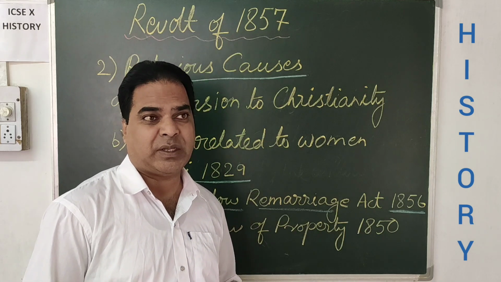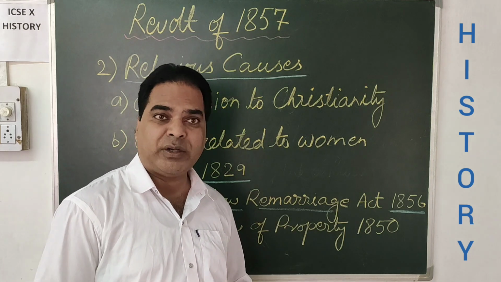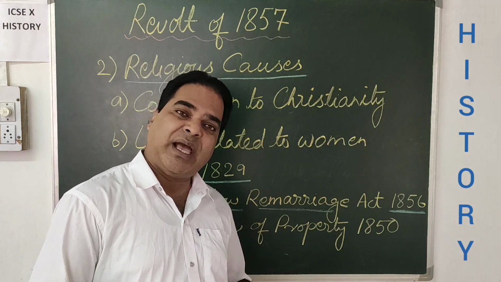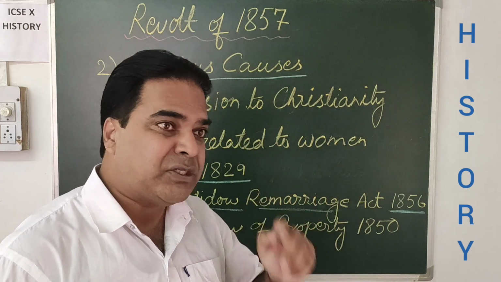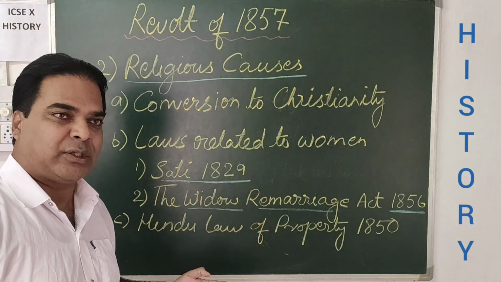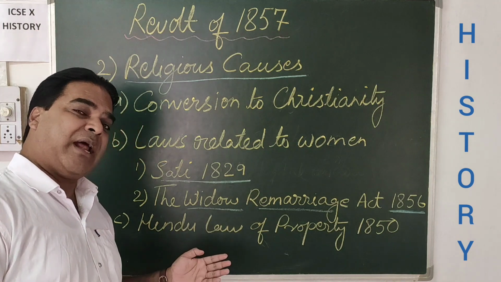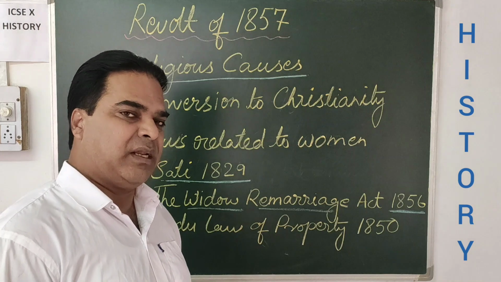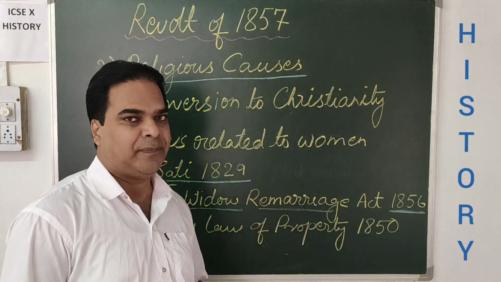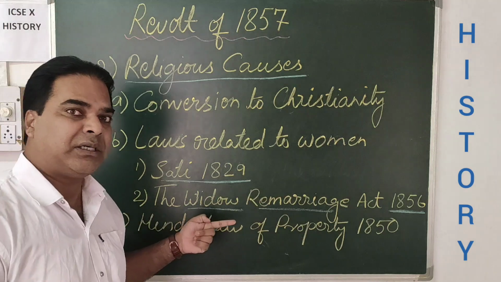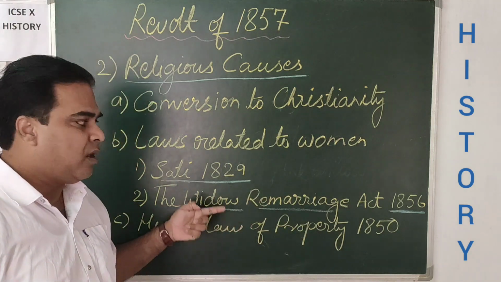He was a pioneer of, we can say, modern India. He wanted to bring reformation within society. So with the help of Lord William Bentinck, the Governor General of that time, he tried to bring this type of changes through a number of acts. Though Raja Ram Mohan Roy had to face a lot of opposition from the orthodox people, still the act was implemented. Okay, but the bringing of this type of act hurt the religious sentiments of the people,